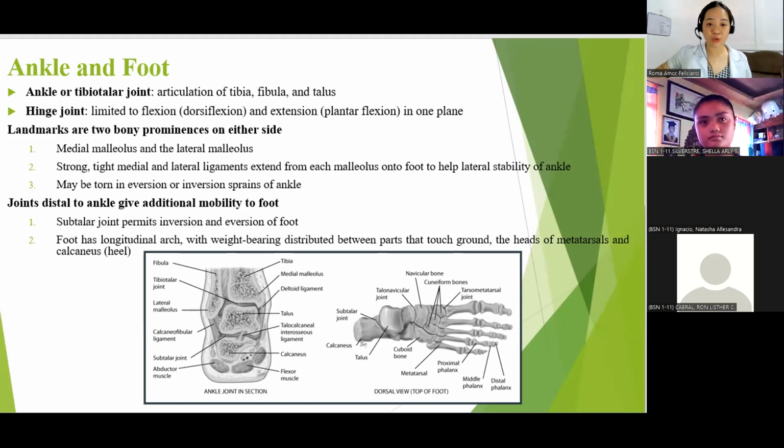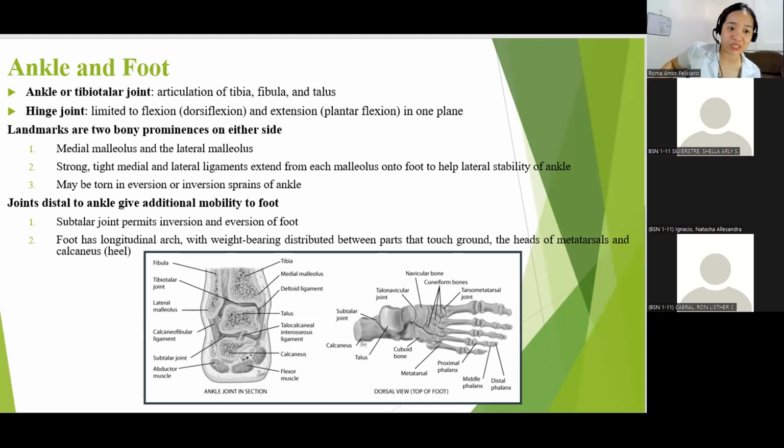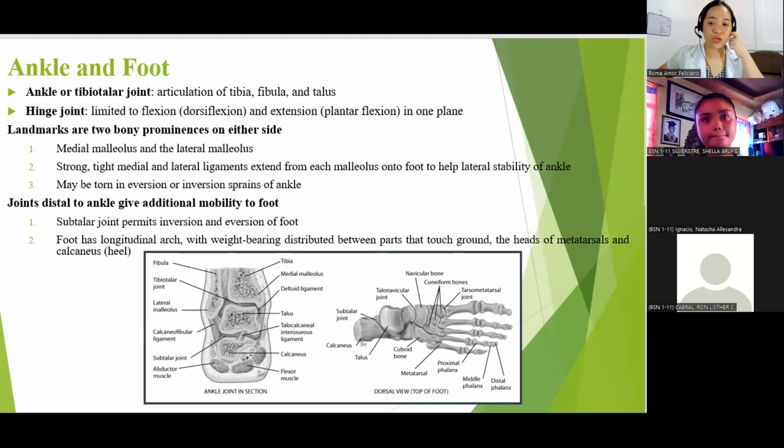Yan. The landmarks are two bony prominences on either side. So meron kang mararamdaman dyan na mga buto sa iyong mga paa. Yan. So your landmarks are two bony prominences on either side, the medial malleolus and the lateral malleolus. These are strong, tight medial and lateral ligaments that extend from each malleolus onto the foot to help lateral stability of the ankle. It may be torn in eversion or inversion